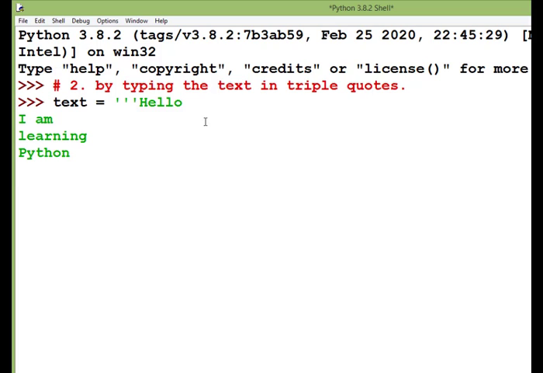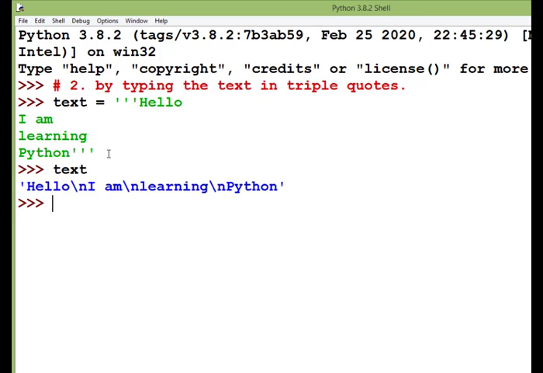Okay, so I have just started with 3 quotes and 1 2 3 4 line, and here I am again enclosing it in the 3 quotes, and there is no issue now. No error is there. And if I type this text here, you can see hello, and this is a new line character, this is a new line character and a new line character.